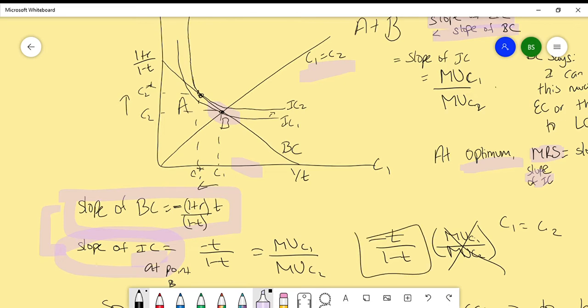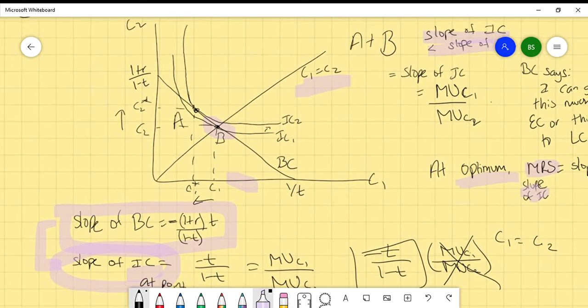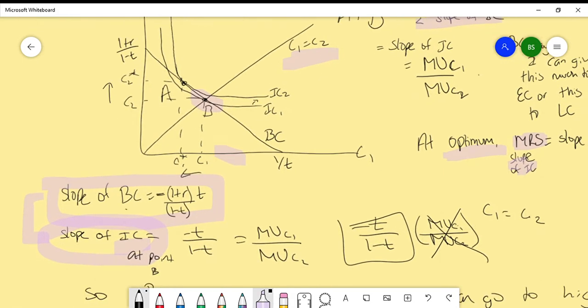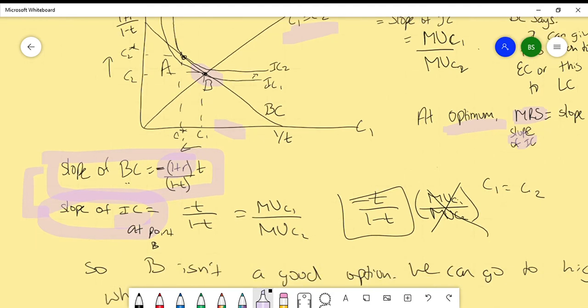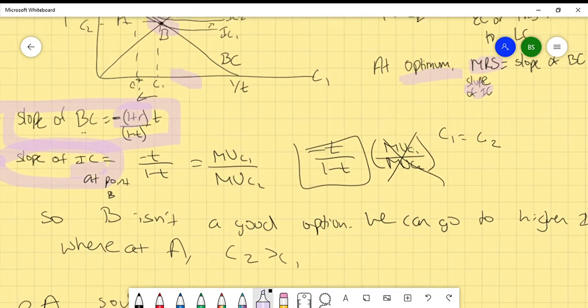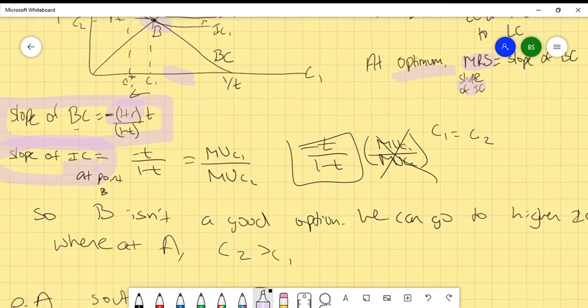over 1 minus t. So basically, over here, the budget constraint's slope is bigger, which is not allowed because they have this extra 1 plus r thing here, and so it's not the optimum level, and we want them both to be equal, so we are going to move the point over. So B isn't a good option, and we're going to go to a higher indifference curve,